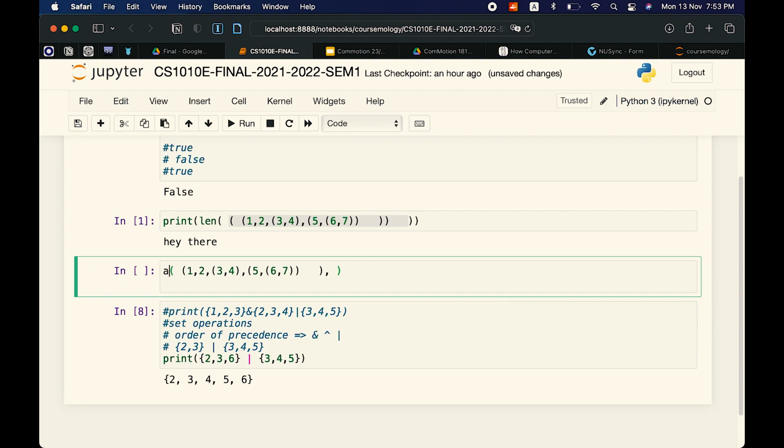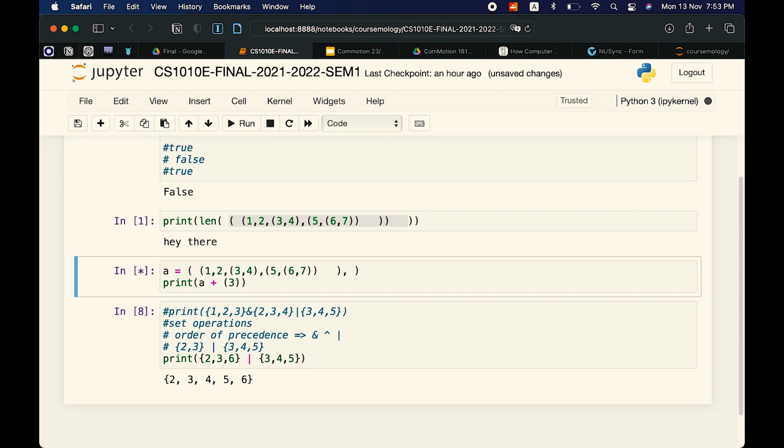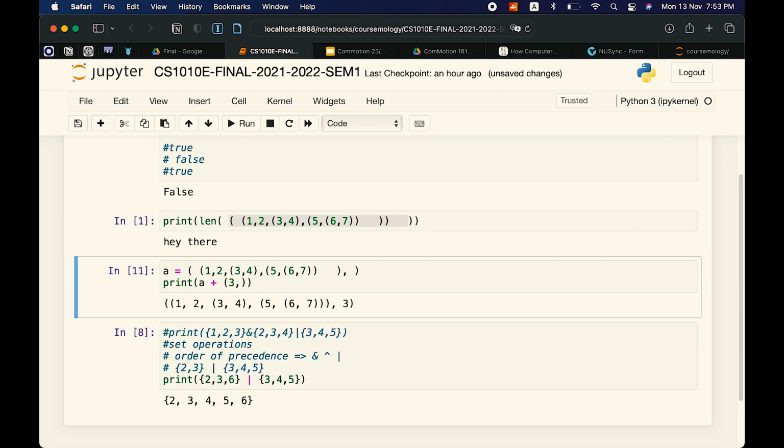So print A, it's a tuple. If I print A plus another tuple, let's say 3, it will add this 3 to this tuple A. But there's a trap.